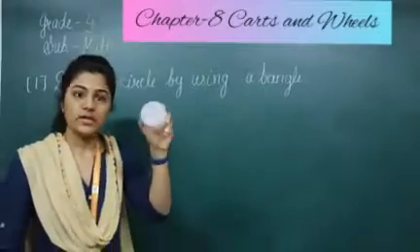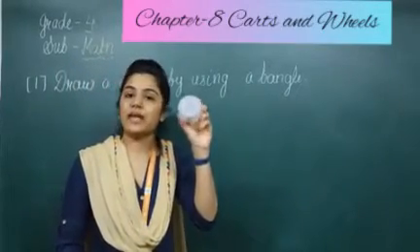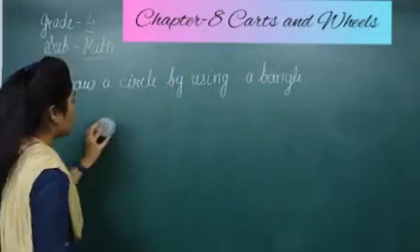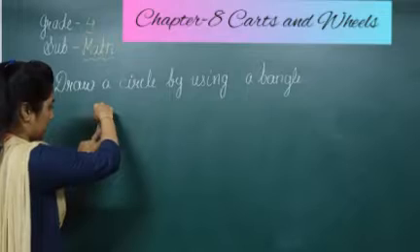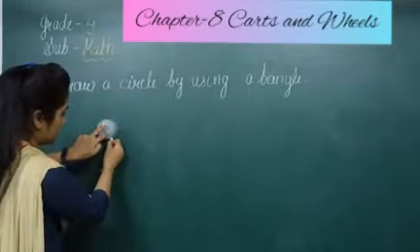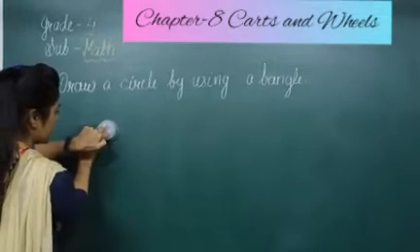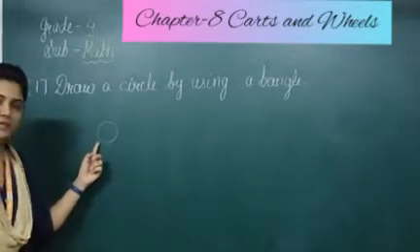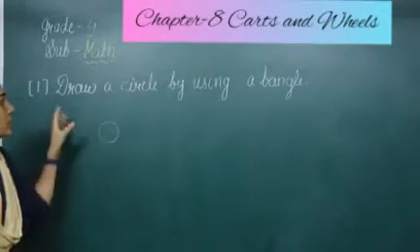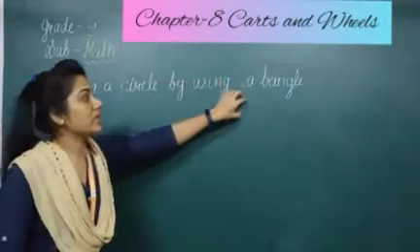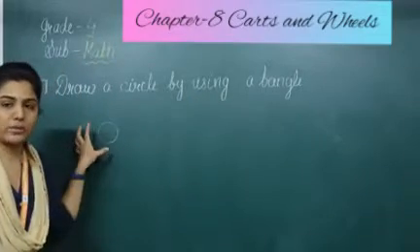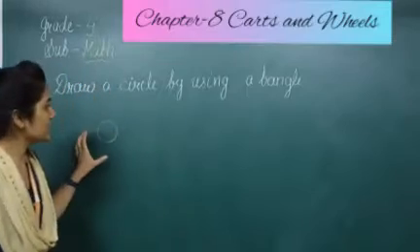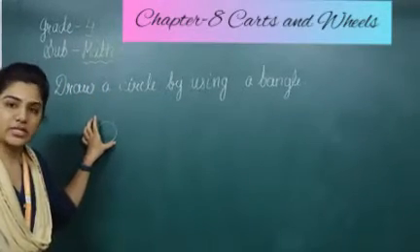of this cap of a bottle. I have the cap of a bottle. So with the help of this cap of a bottle, we can draw the circle perfectly. See, like this way, you can draw the circle. You can see a perfect circle shape I have drawn on the board. So draw a circle by using a bangle. You can put the bangle and draw with the pencil in your notebook. In this way we can draw a circle shape.